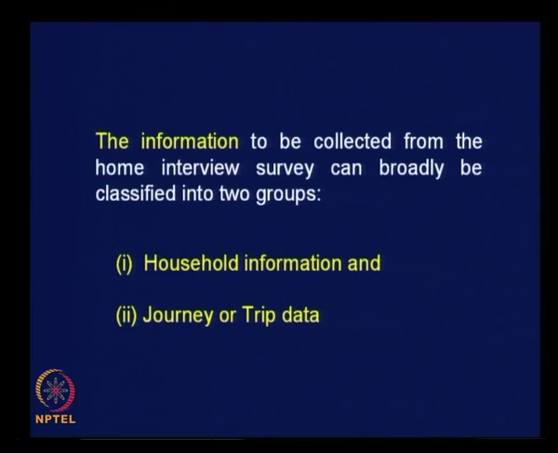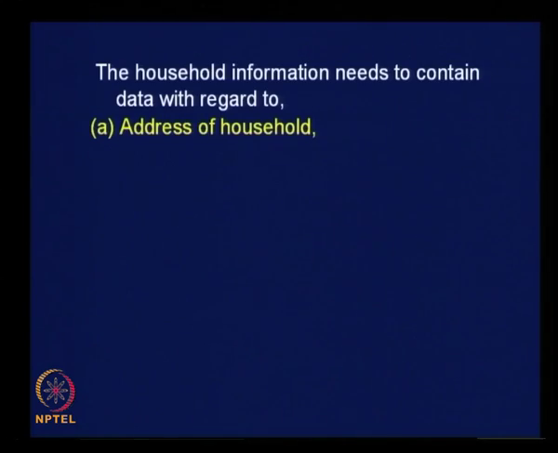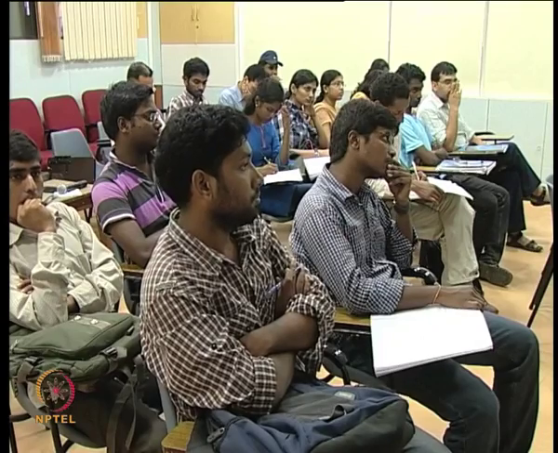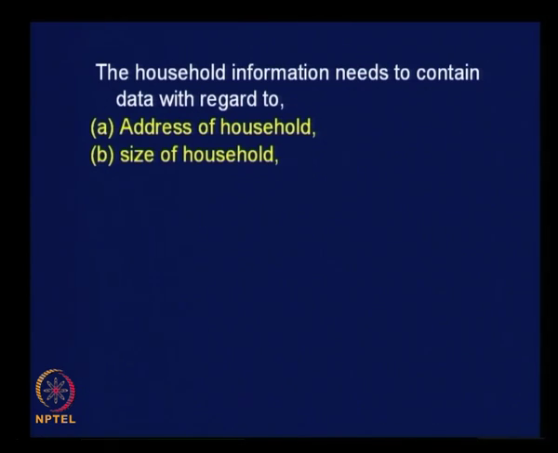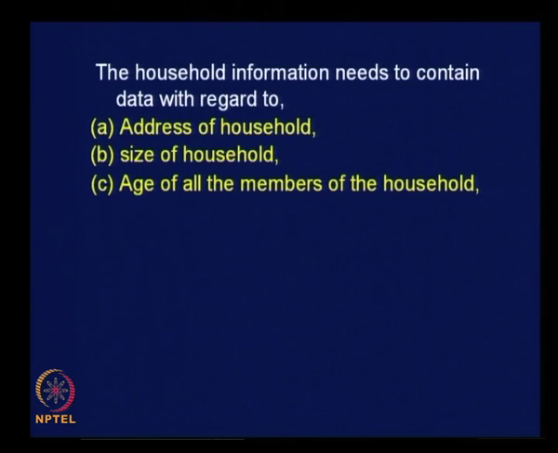And what exactly needs to be collected as household information? You can list out several aspects related to household characteristics, starting from the address of the household itself. Even though you might send out a questionnaire, still you can check for the correct address and record the correct address of the household, right. Then the general overall size of the household, total number of persons in the household, age of all the members of the household, sex,